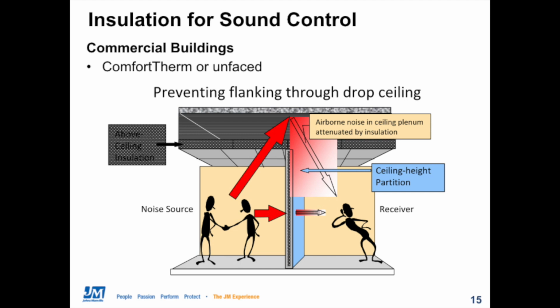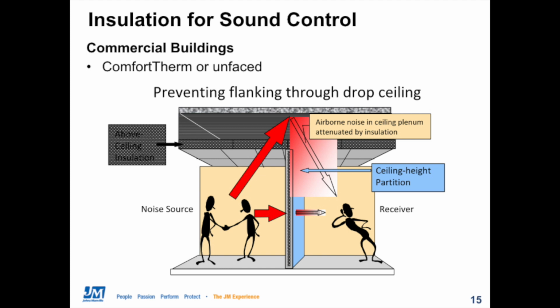And what happens then in this case is that this allows what we call flanking noise can move around that wall, reducing the STC rating it's going to be able to deliver and also reducing the privacy that the wall was intended to provide. However, if we add a layer of fiberglass batts on top of the acoustical ceiling tiles, this has been shown to greatly improve the overall performance of the system. What we're doing here is that the sound absorption that the fiberglass adds to the plenum space immediately above this wall reduces that reflected noise that would otherwise bounce over and then go back down through the ceiling into the